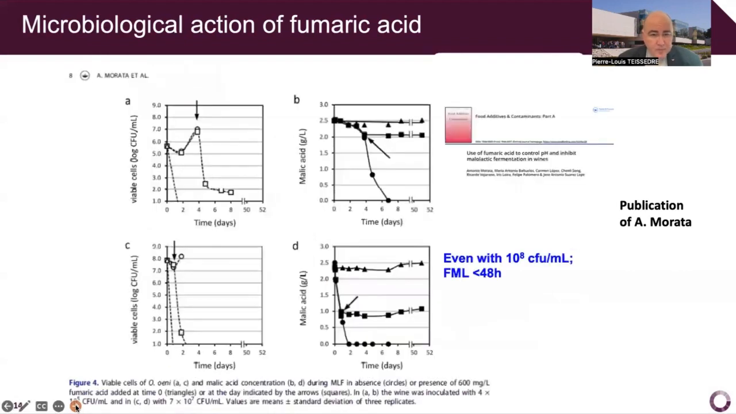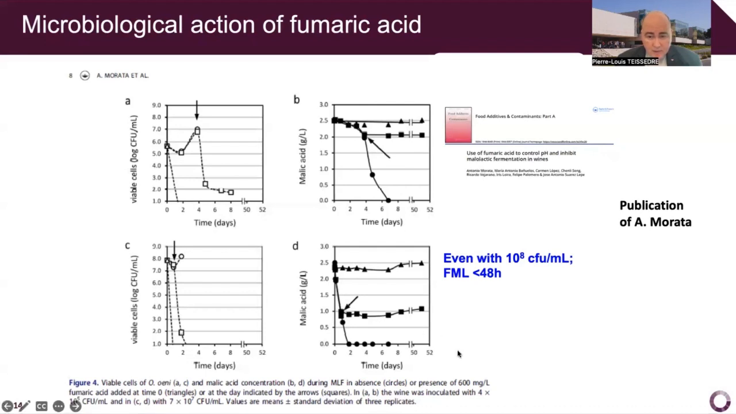And so the point is the viable cells of Oenococcus oeni and malic acid concentration during malolactic fermentation, in absence or presence, for example, here of 600 milligrams per liter of fumaric acid that was added at time 0, or at the time indicated by the different arrows, shows that there is a very good effect, in fact, especially for the